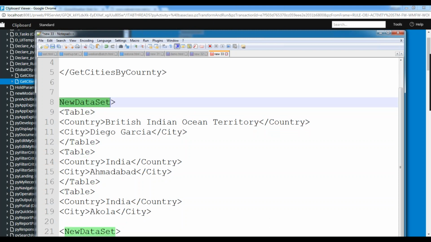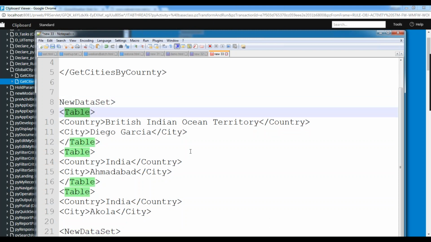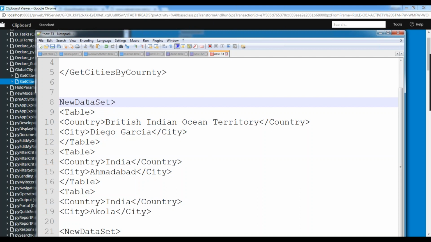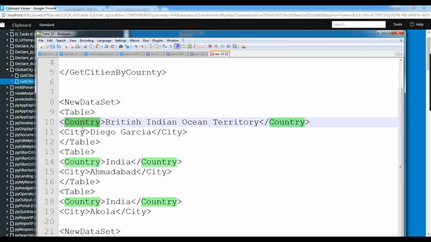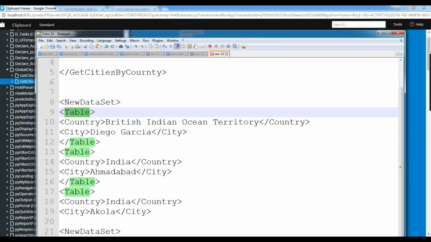embedding pages. I can see within new table we have table. Within table we have two properties. So we need to prepare the same structure. If I want to parse XML, I need to follow the same structure. So I need table and then country name and then city name. I need to traverse here and take the values from here. So we need to create a structure like this and store these values. We need to create the data model. So for that purpose I will get a data model.